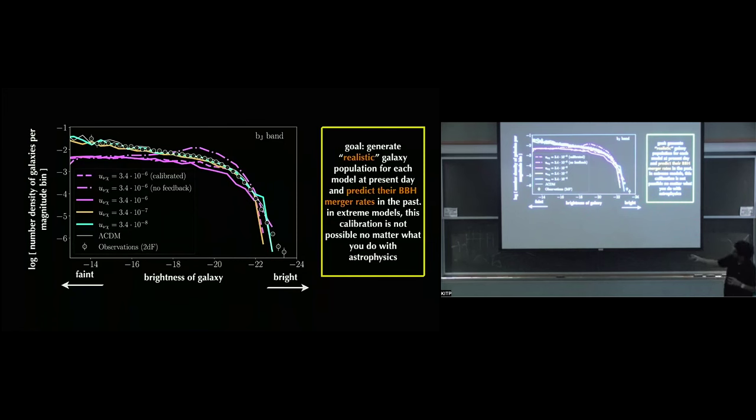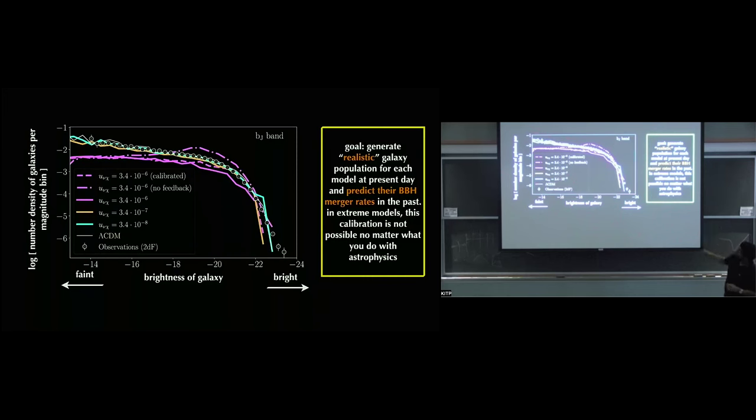So this is something called the B-band luminosity function. It's a number of galaxies as a function of their brightness in a particular filter. Bright galaxies on the right, faint galaxies on the left, observational data shown in the symbols, and the different models shown here. So lambda CDM and these two low interaction strength models in cyan and yellow match these data very